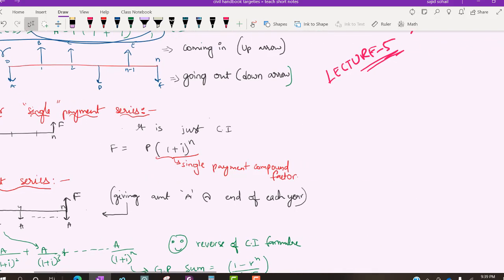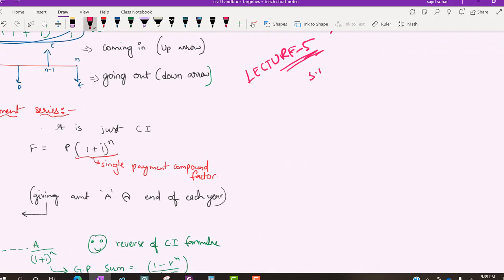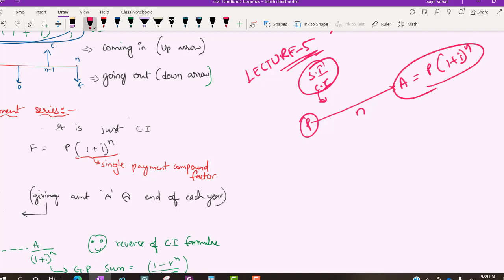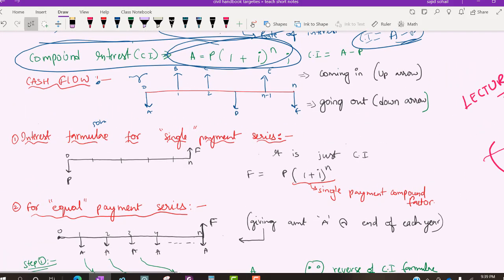In the last module I stopped after teaching you simple interest and compound interest, right? These are simple formulas which you already know from school itself. So what is the compound interest formula? If you are paying P amount, after n time intervals, how much money will you be receiving? That will be P into (1 plus i) to the power of n. And in CPPM we will be using only the compound interest formula unless specified. Okay, you have to remember that. We'll be using which formula? Compound interest formula only.